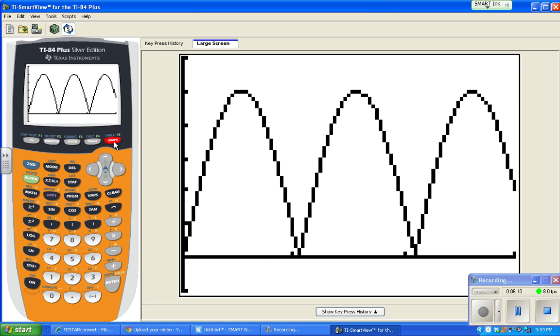Now, again, if I'm going to do this with absolute value in the calculator,